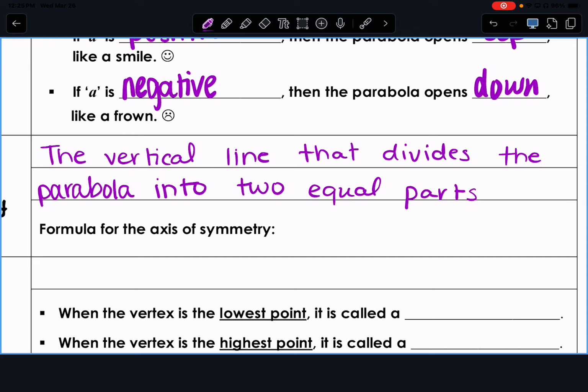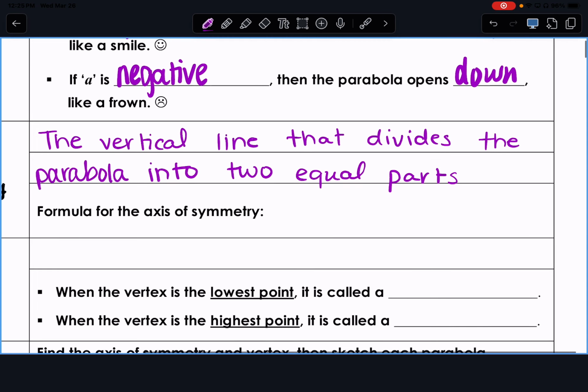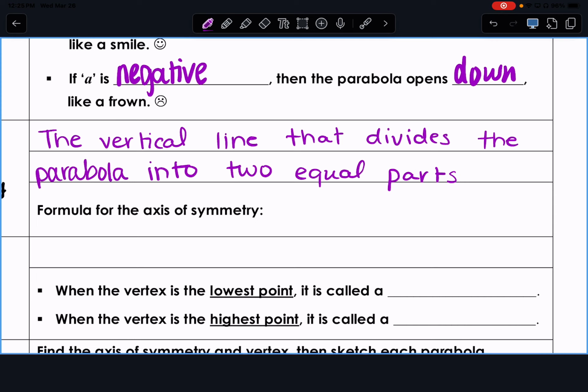Parabola is derived from the Greek word meaning side by side. Does that make sense, because it's divided into two equal parts? Yeah, kind of. Side by side. All right, so it divides it into two equal parts. To find the equation for that,